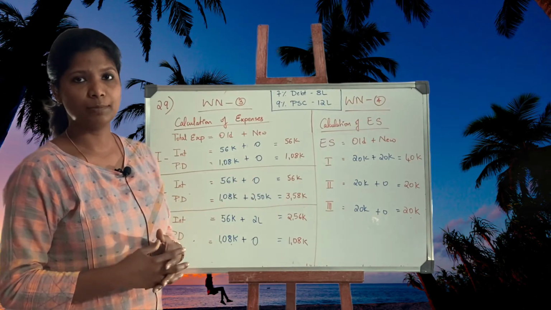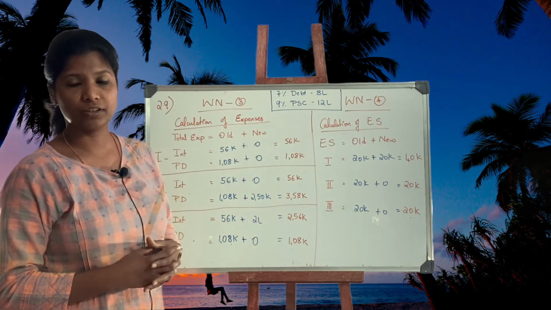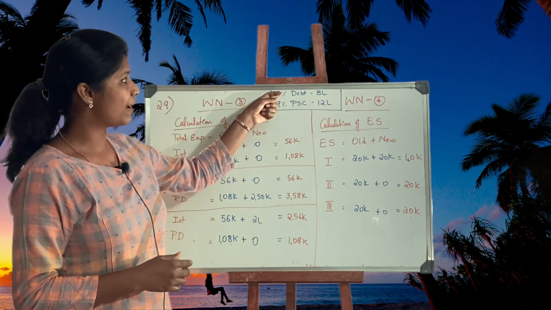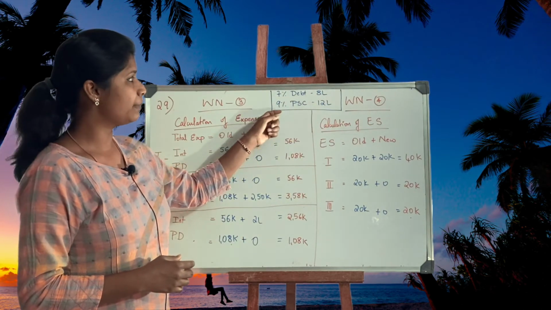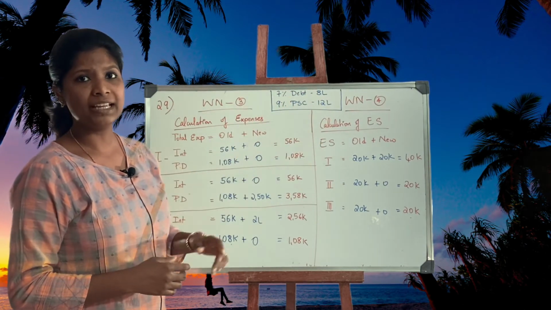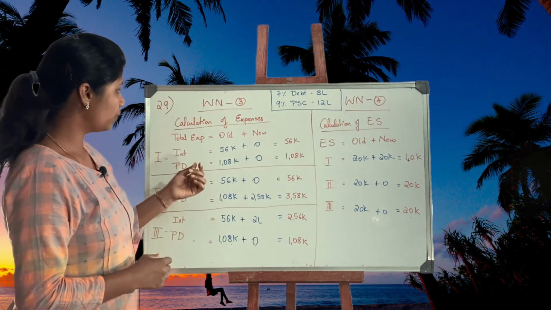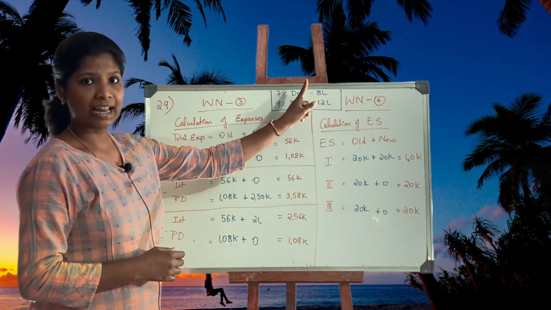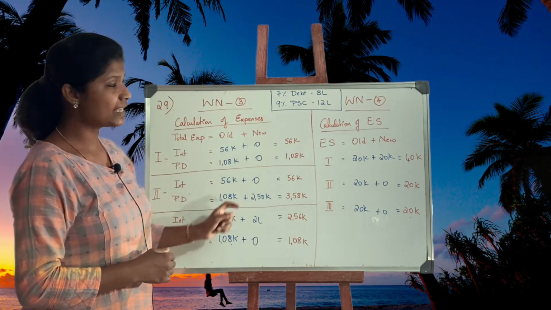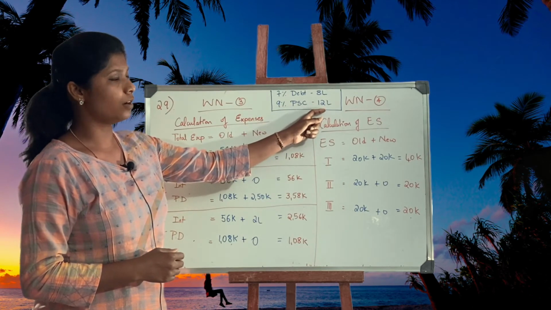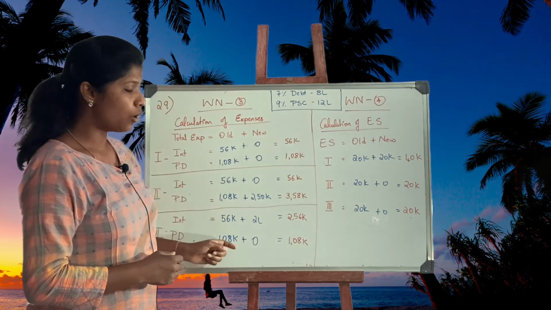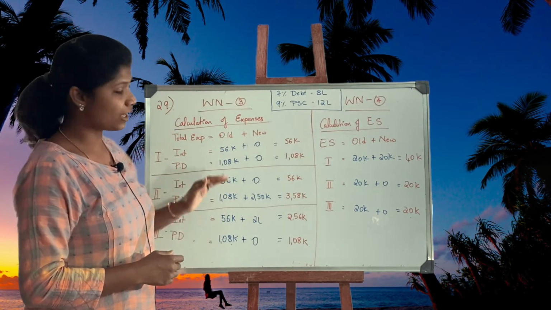So working note number 3 and 4. Working note 3 talks about the calculation of expenditure. Since this question has existing capital, also preference and debenture that I mentioned here, 7% debenture 8 lakh, 9% preference share 12 lakh, this is the existing capital. These expenditures will be added on to the needed capital expenditure. Now here 7% on 8 lakh debenture interest is rupees 56,000. That will be common for all the plans. 9% on 12 lakh, that is preference dividend, is rupees 1,08,000. That will be added to all the plans. So that will remain common.